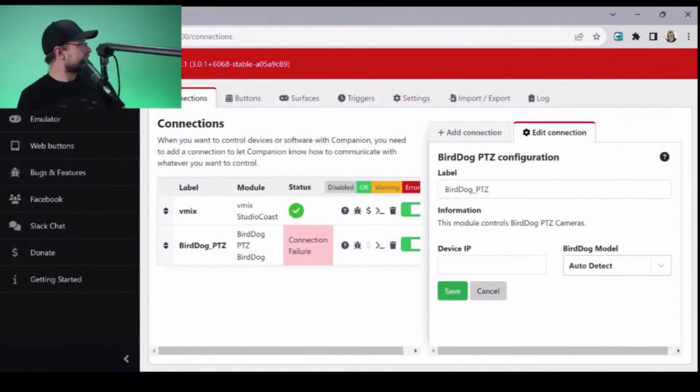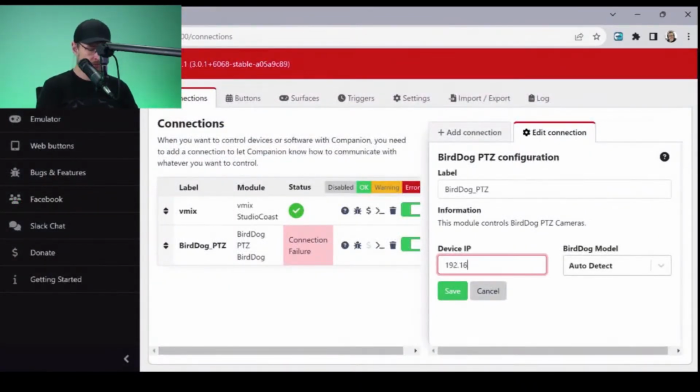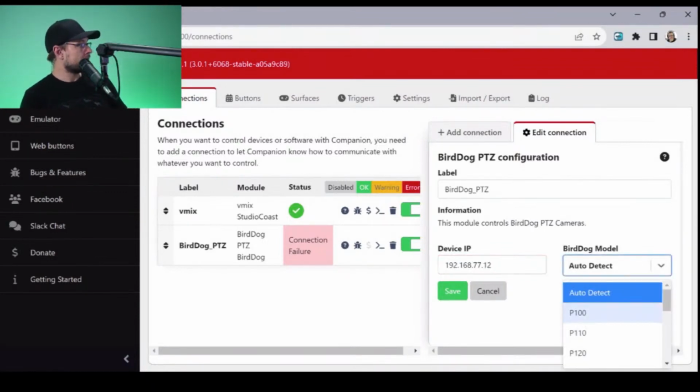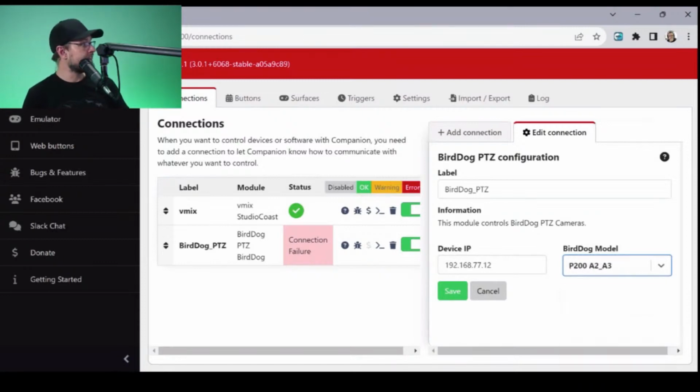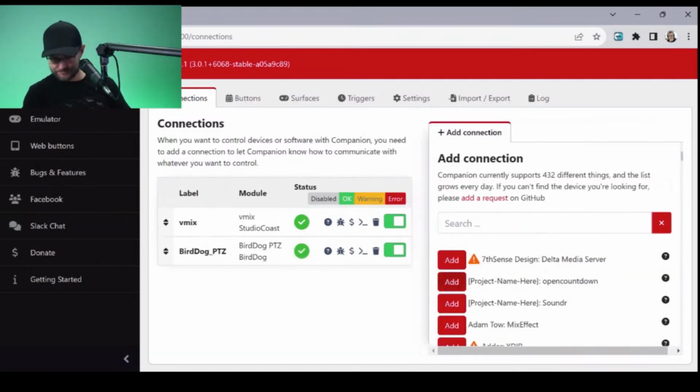So I'm going to go back to here, 77.12, BirdDog model. Oh, I can even put in this precise model. This is a P200 A2 A3. That's nice that they even have the different model menu. That's pretty cool. That is pretty neat. Look, connected and working correctly.